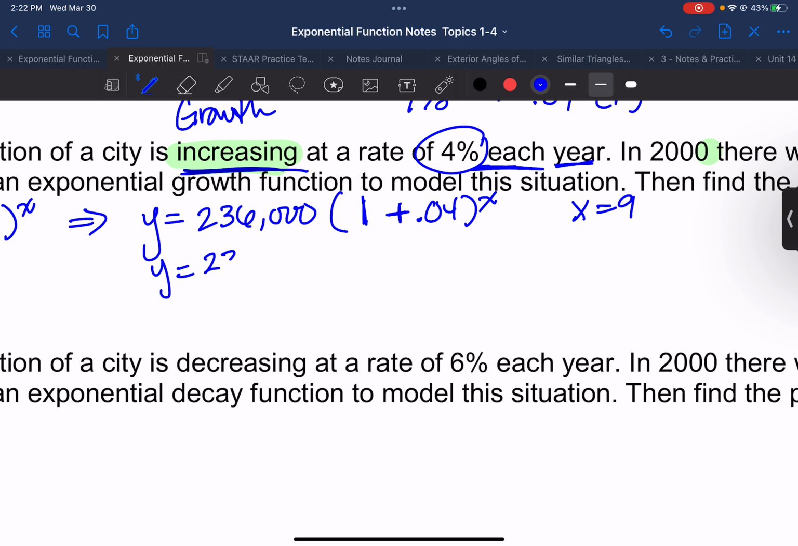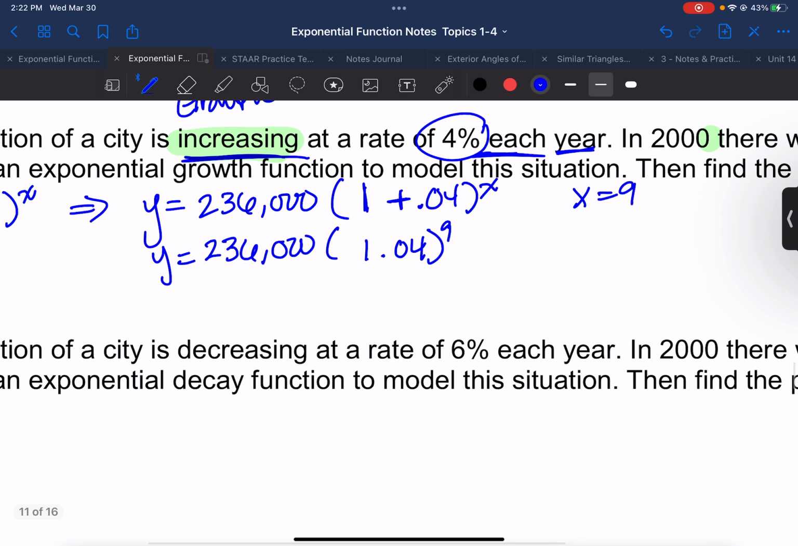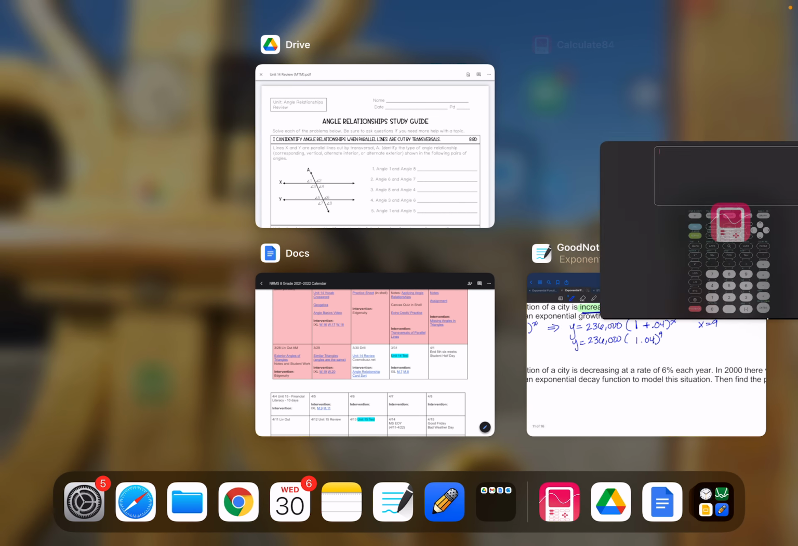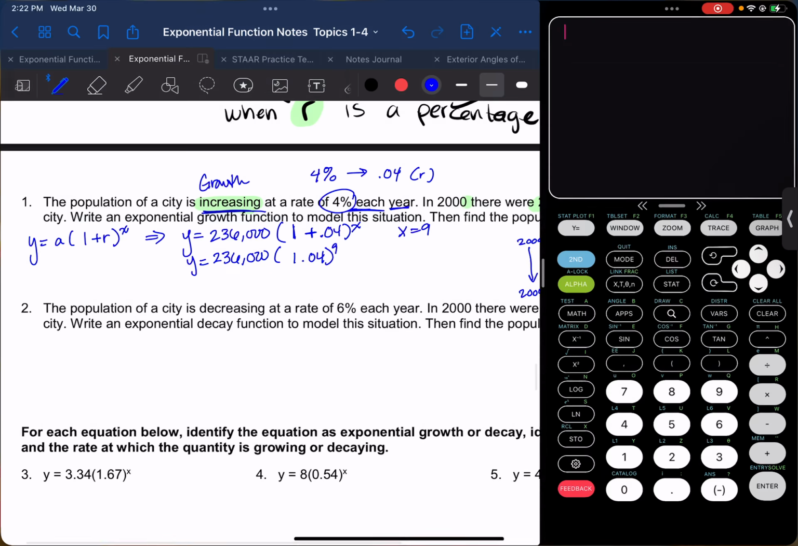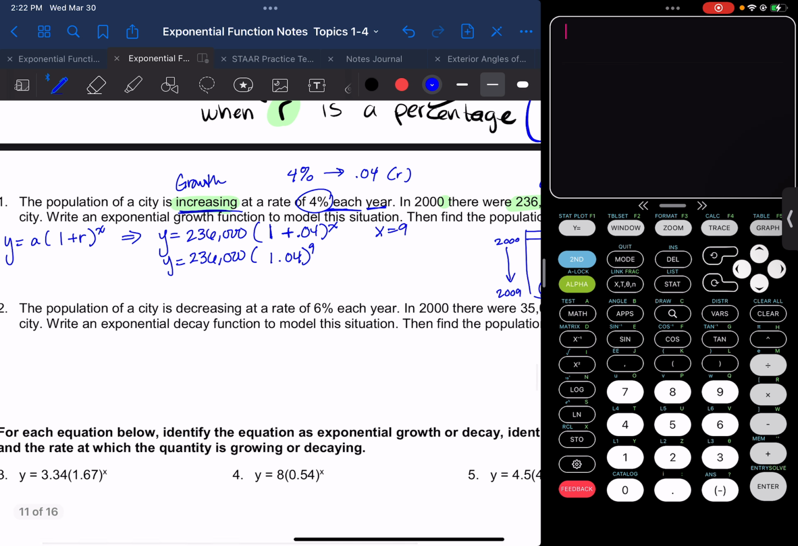y equals 236,000 times, if I add 1 plus 0.04, that's just 1.04 to the power of 9. Plug that in my calculator, and let's see what we get. Sorry. Do it that way. All right, so we have